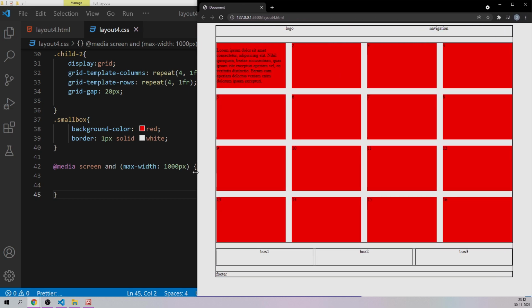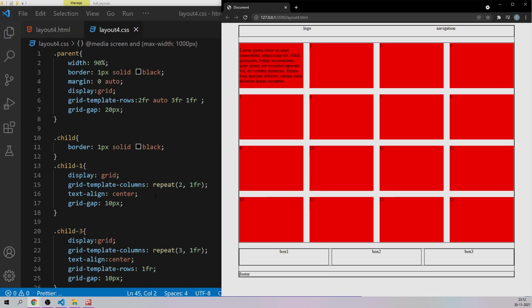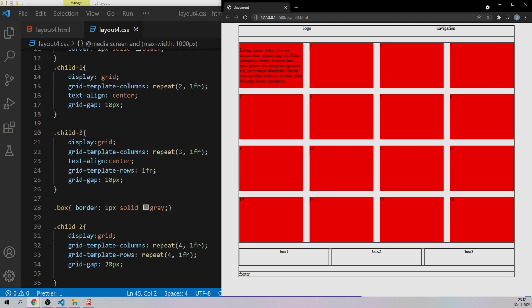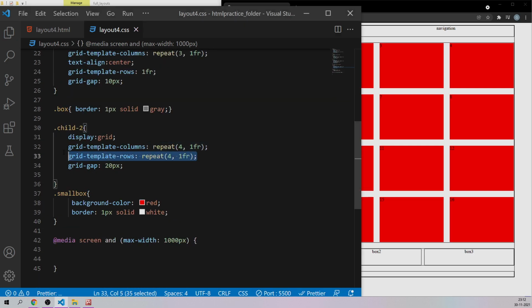Now what I'm going to say is, if it becomes less than 1000 pixels, what should happen to the entire grid system? The parent right now is only one column and four rows, so we are not going to touch that. Now let's come to child 2, which has four rows and four columns. What should happen to this one?